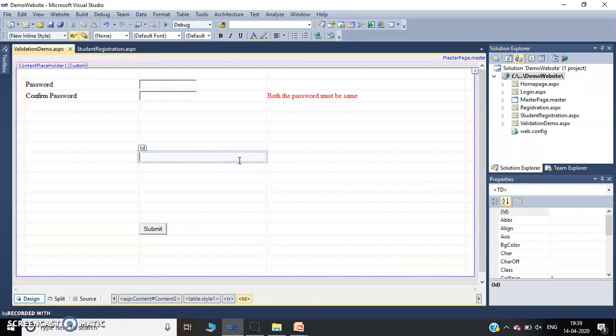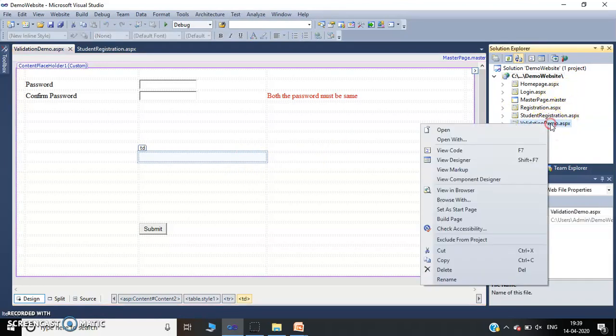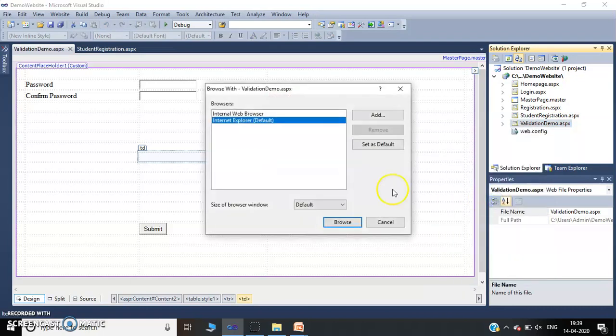To execute a specific page, you can just right click on the particular page. Here, if you want to change the browser, you can change the default browser to any other browser, then you have to just select browse with and choose a different browser. In this case I have only one browser, Internet Explorer, but I want to add Google Chrome that is already installed on my machine.